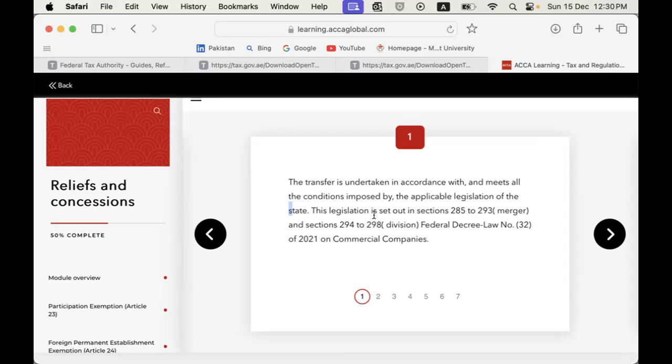So guys, this is an interesting provision. It is a provision of the UAE corporate tax decree law, but it alludes to another legislation. And it does not say any legislation. It says applicable legislation. There can be other legislations as well. In the majority of cases, it is the Commercial Companies Law that is applicable. But what if it is a DIFC company? Then the Commercial Companies Law may not apply there. The DIFC law will apply there. Or for that matter, ADGM law will apply there. Applicable legislation. This was a very intricate point.